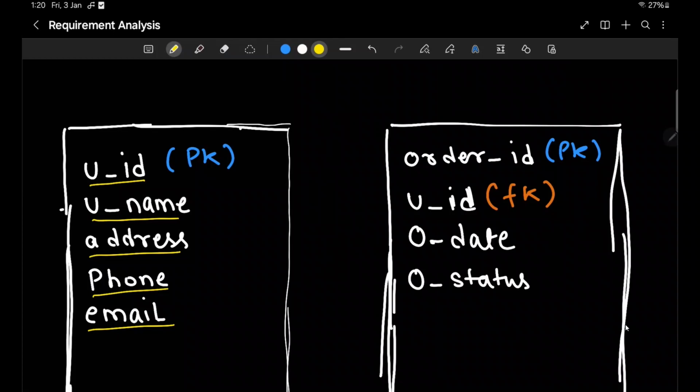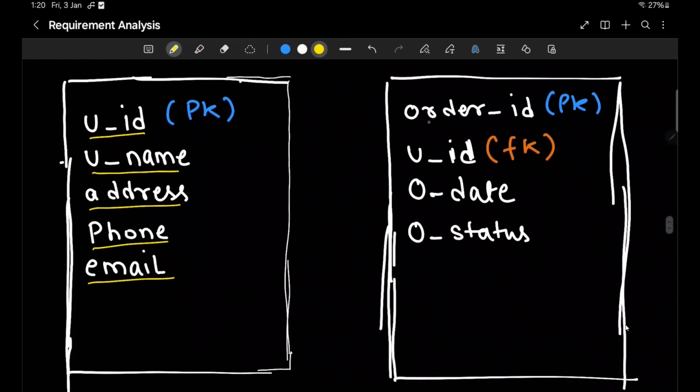For order entity, the attribute would be order ID, user ID, order date, and the status of the order, whether it's been delivered or not delivered.